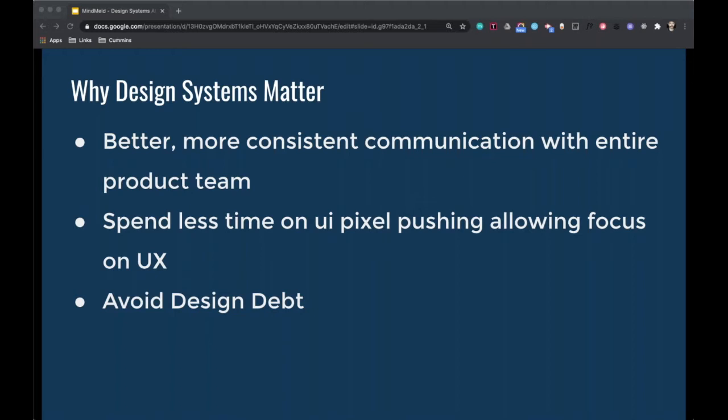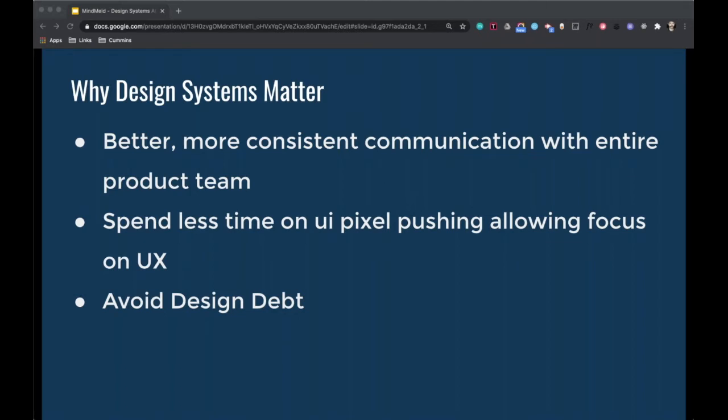If everybody is informed and engaged in the design system, it basically answers a lot of the questions that other areas of the product team may have. It allows the designer to spend less time on UI pixel pushing and allows them to focus on the actual UX of the product. And then the last thing is it helps avoid design debt,